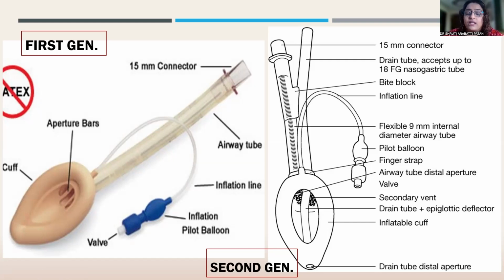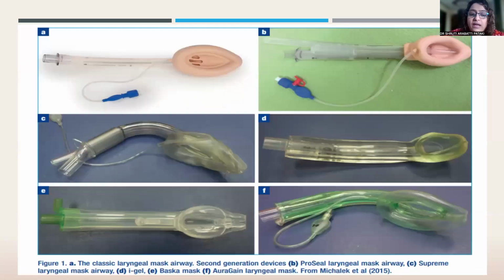The second thing that they did, this is a pictogram of the ProSeal, is they came up with a better cuff design. If you look at all the second generation LMAs that we have here, they have a beautiful 2 cuff design. You have one inflating line, but this inflating line actually inflates 2 cuffs. There's an anterior ventral cuff and there's a dorsal cuff, which means that you're inflating this area as well. In the small confines of your laryngopharyngeal space, this cuff will further get pushed over the laryngeal inlet and therefore increase the seal pressures, but not increase the cuff pressures.